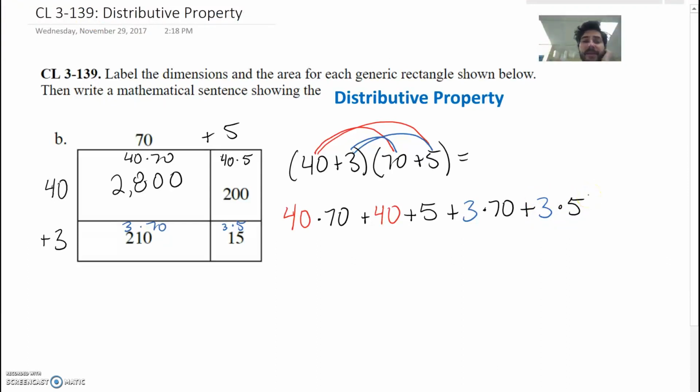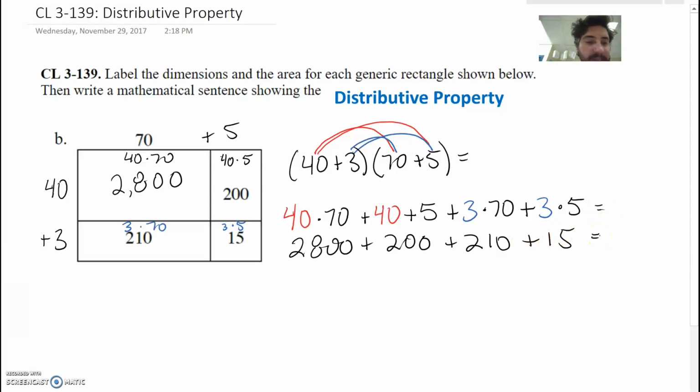Now that there is the distributive property here. So the product of two sums is equal to the sum of each of the individual products. So 40 times 70, 40 times 5, 40 times 70 plus 40 times 5, and 3 times 70 and 3 times 5. That's the distributive property. If you then broke it up, this is equal to 2,800 plus 200 plus 210 plus 15, and from there